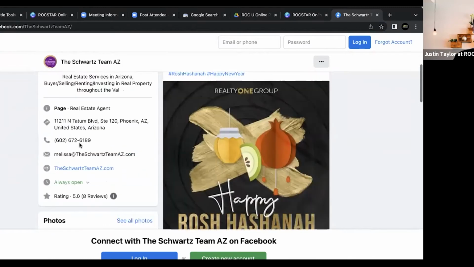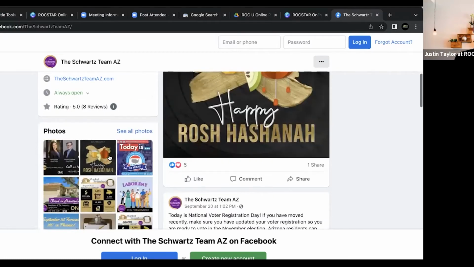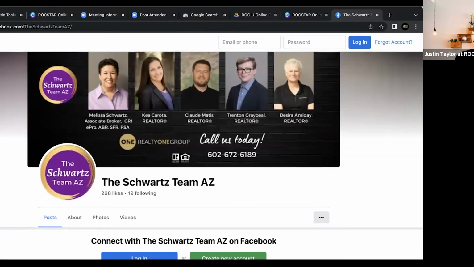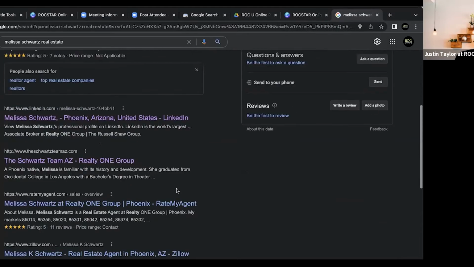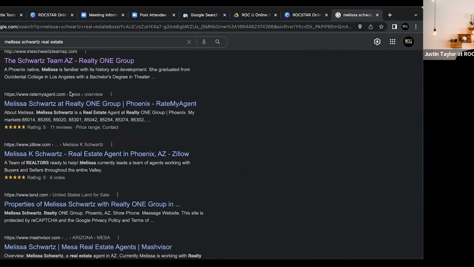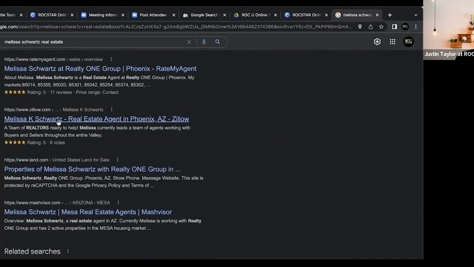So you're going to go through these. Again, you're just going to make sure that your phone number is correct. Looks like the address is correct on this one. You want to make sure that email addresses, just like I think Mariah was asking, if an email address is visible on any platform, you want to make sure it's the same across the board. Okay. This looks good. All right, so let's see if there's anything else. She's on Rate My Agent. Again, you just want to make sure those are